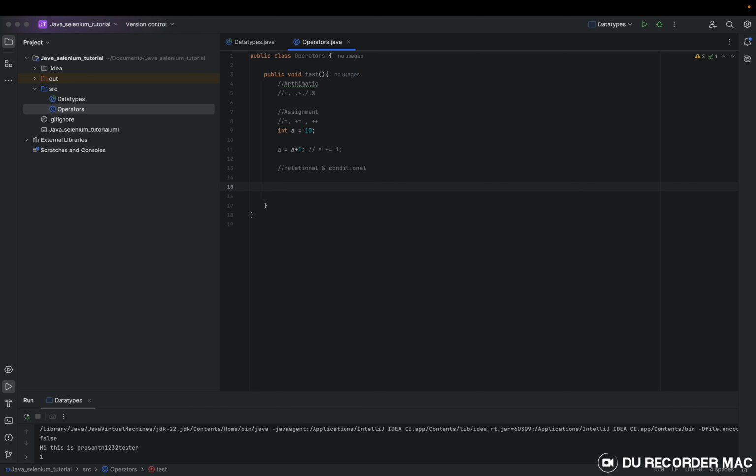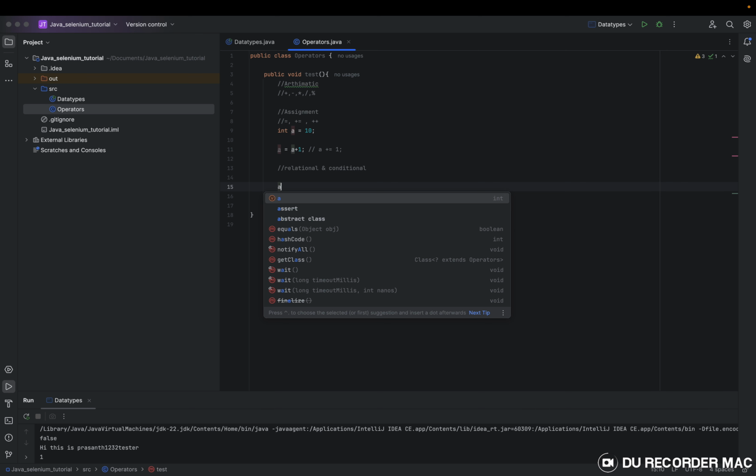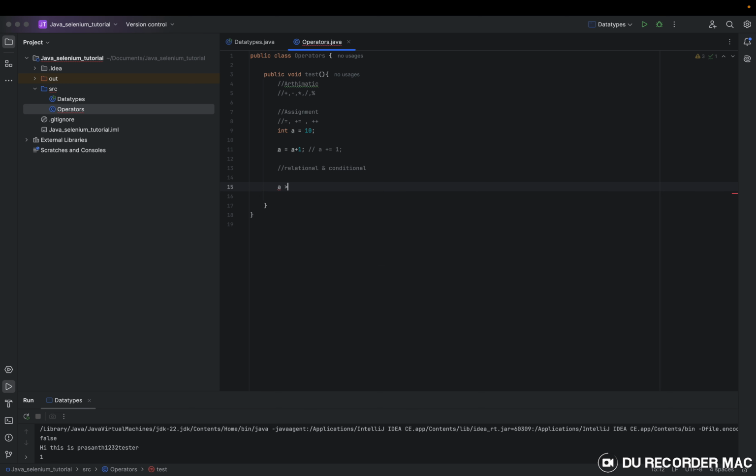You can simply compare like A greater than B. Suppose it is lesser, what will you do? You will do A less than B. What are the other things? A greater than or equal to B, A less than or equal to B. This kind of thing we call